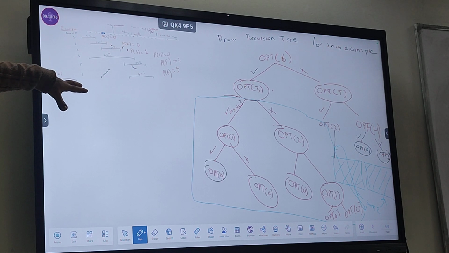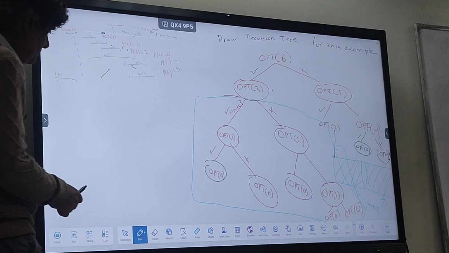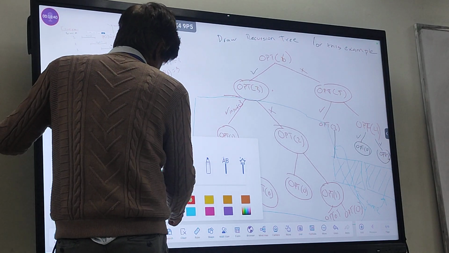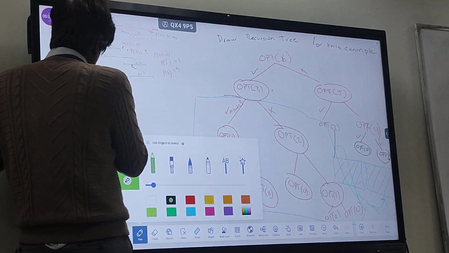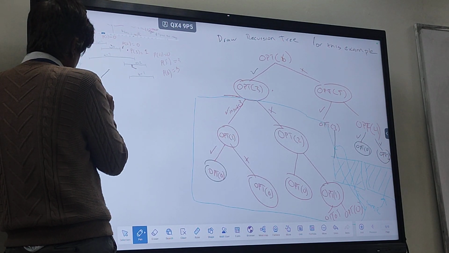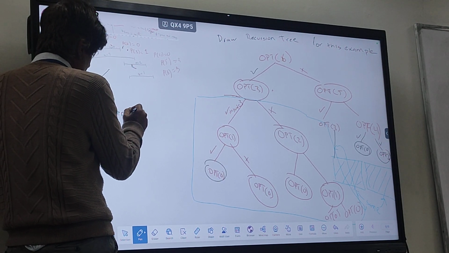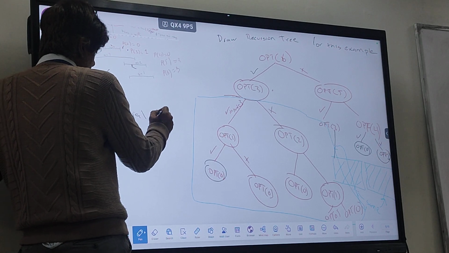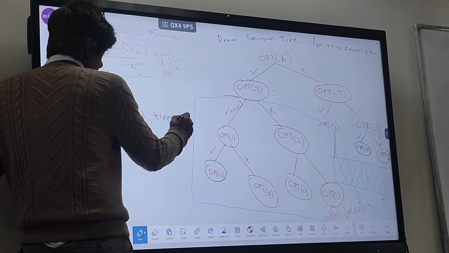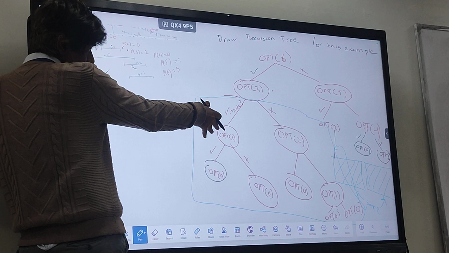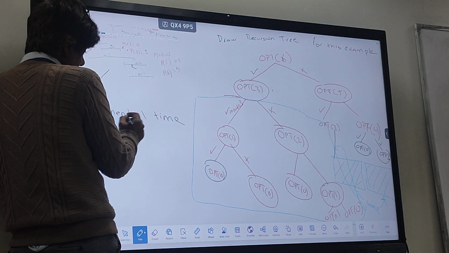What is the problem in this recursive algorithm? Repeated computation है, so this will be an exponential time. Even this thing is pretty much exponential.